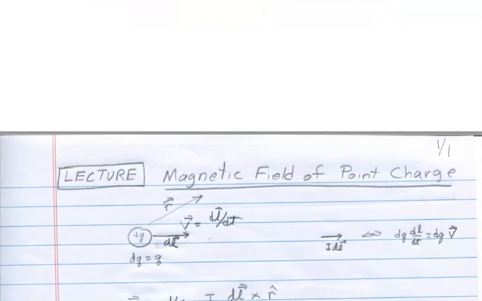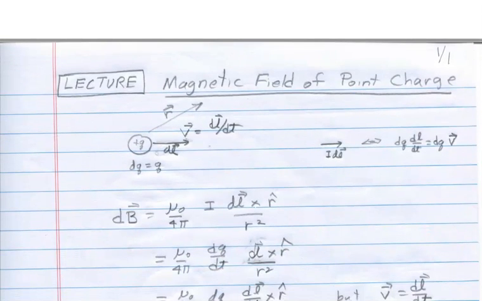We can use the Biot-Savart law to look at the magnetic field produced by a moving point charge, and we'll see that it has to be moving, but if it's not moving, it doesn't produce a magnetic field, and so the formula will hold in general. What I want to do is look at a charge Q here that's moving in this